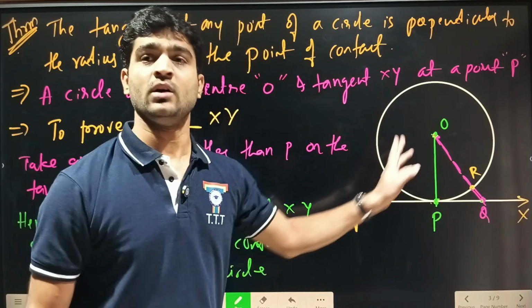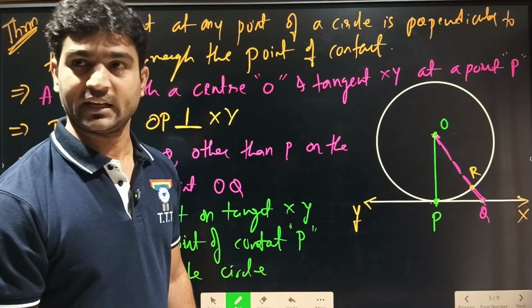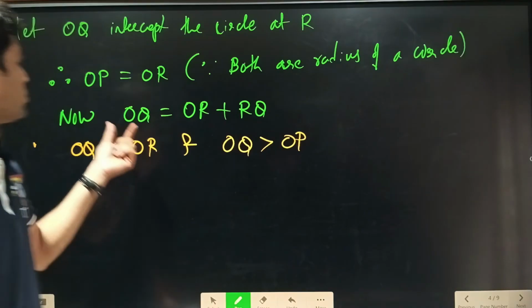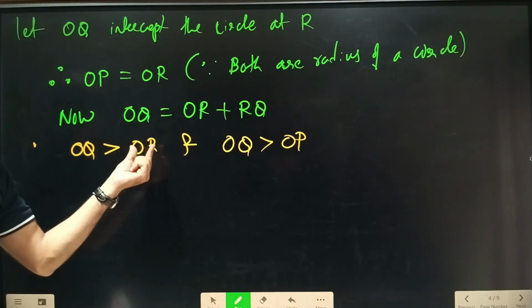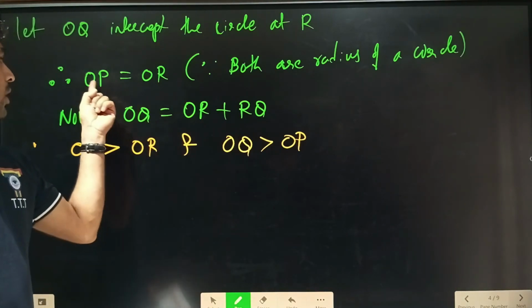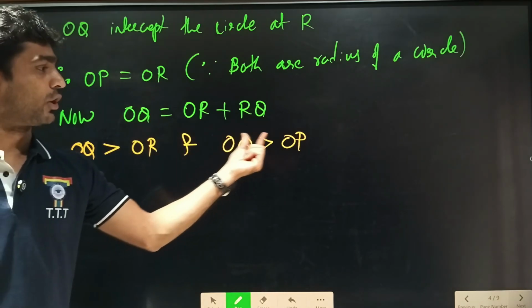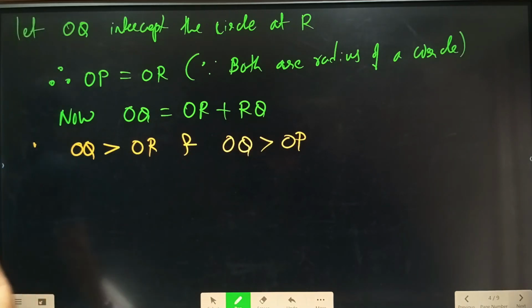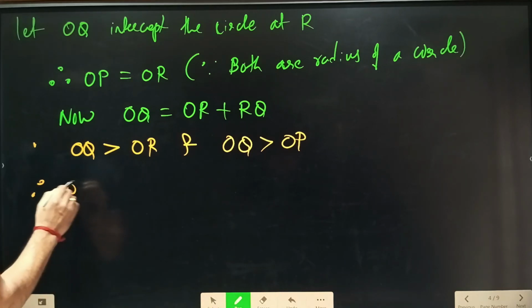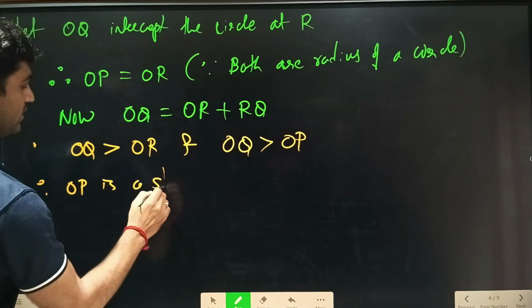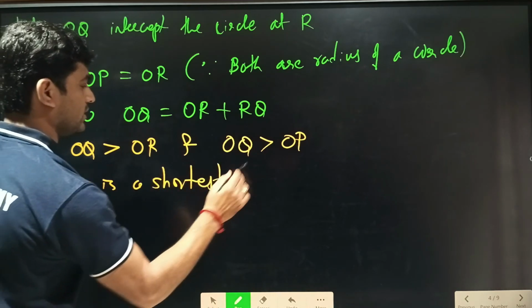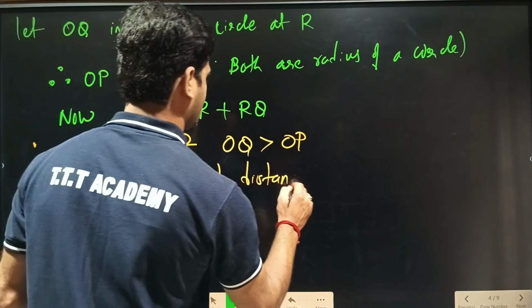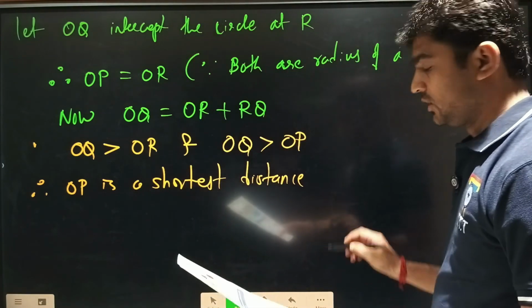So the reason is OQ is greater than OR and OP equals OR, so OQ is also greater than OP. Then we can say OP is the shortest distance